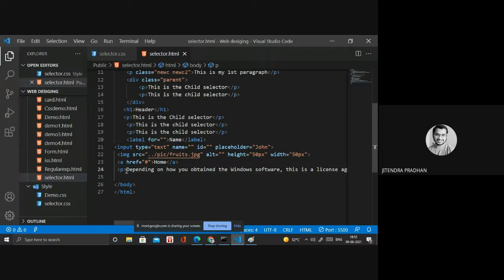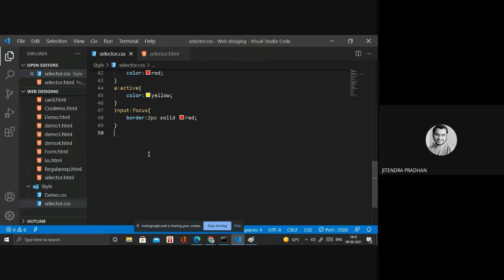Let's see how. I need to define an id or class because we have many p tags. If I apply it on the p tag, it will apply to all the p tags. That's why I need to define a particular id. This is a unique id. So it is the first line. Okay, I will define that first line, this is my particular id. So inside that I need to write my id.